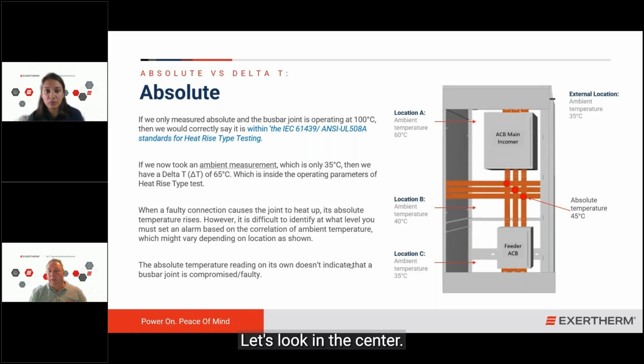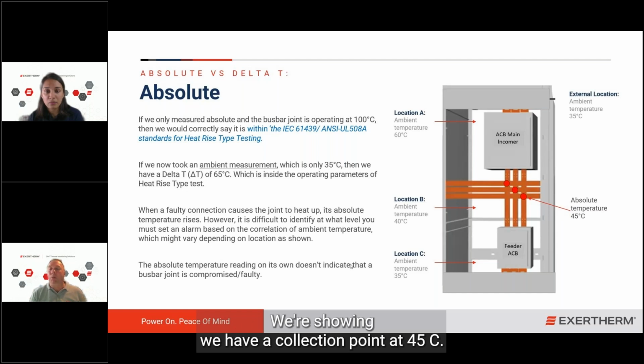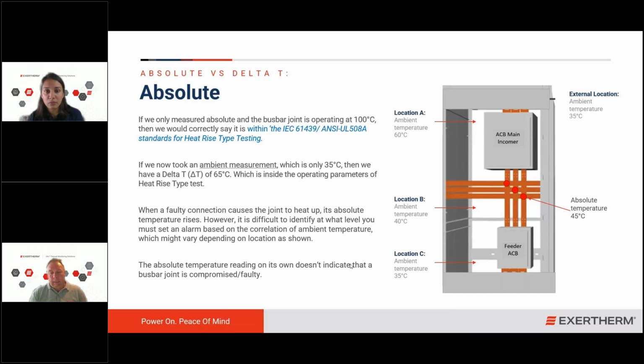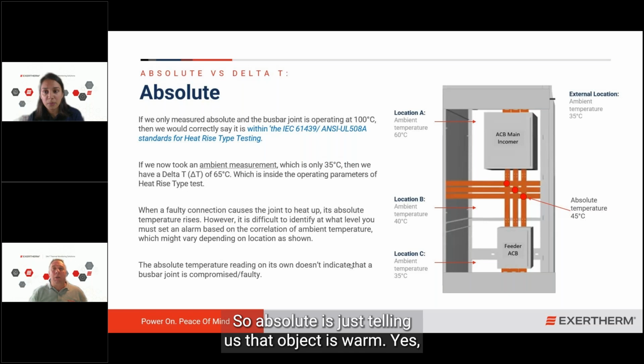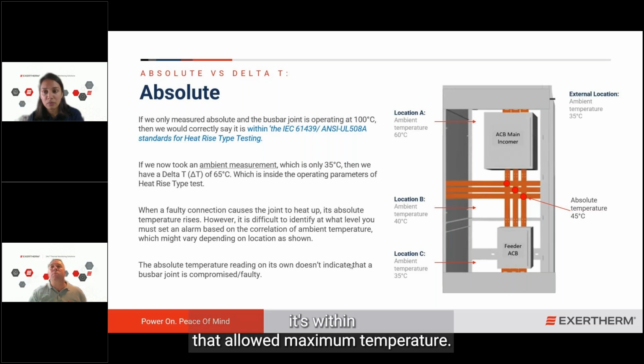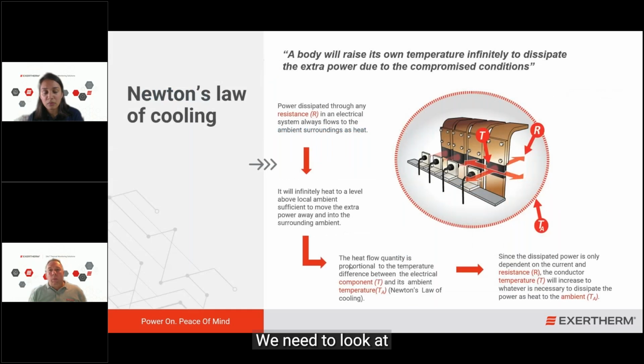Let's look in the center. We're showing we have a connection point at 45C. It's an absolute temperature. But again, what is that telling us? Well, it's warm. But why is it warm? Is it the external ambient? Is it an internal? Is it a fault? We don't know. We really don't know. So absolute is just telling us that object is warm. Yes, it's within the type testing. It's within that allowed maximum temperature. But why? Why is it there? We need to look at